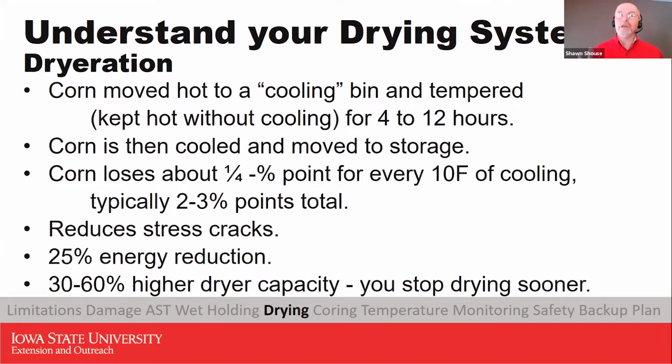In here, you would move that hot grain to a bin and allow it to sit and temper, or steep, sometimes we call it, hold it hot without cooling it for 4 to 12 hours. That allows the moisture content inside the kernels to equalize more, get some more of that internal moisture out close to the outside of the kernel, and becomes more efficient then as you cool it. When that corn is cooled, you lose about another 0.25% of moisture for every 10 degrees of temperature reduction in the cooling. So typically for us, about 2 to 3 points of moisture total removed in that steeping and cooling